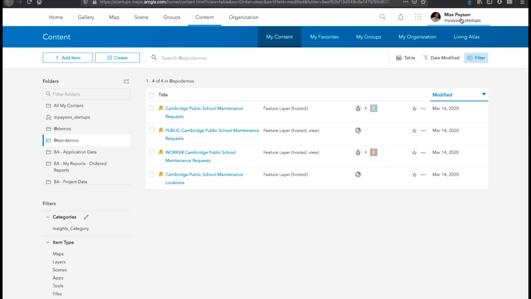So here I'm logged in with, let's say, my developer account, not an end user account, and I have a couple different feature layers. Or there's one feature layer, and then there are views which reference that same feature layer but have different permissions against the data. So there's a public maintenance request layer that's shared publicly. This is the one where people are able to apply edits and submit requests. Then there's a private one that is only shared with myself and then with a group of dispatch workers. And this has separate permissions. So while the public one, you can only add new records and you can't actually see any of the data,